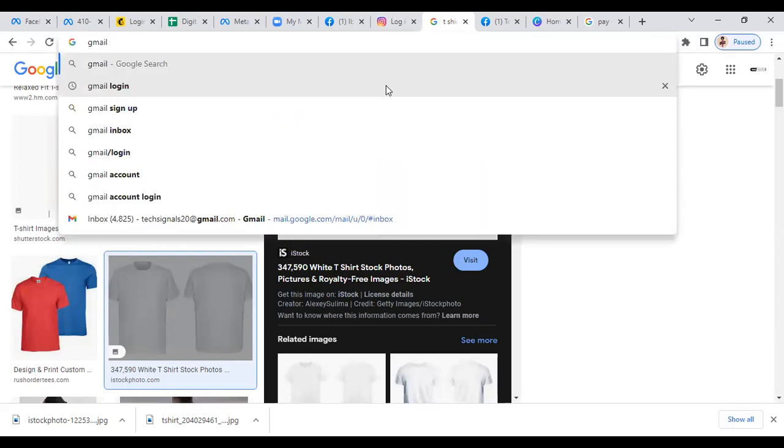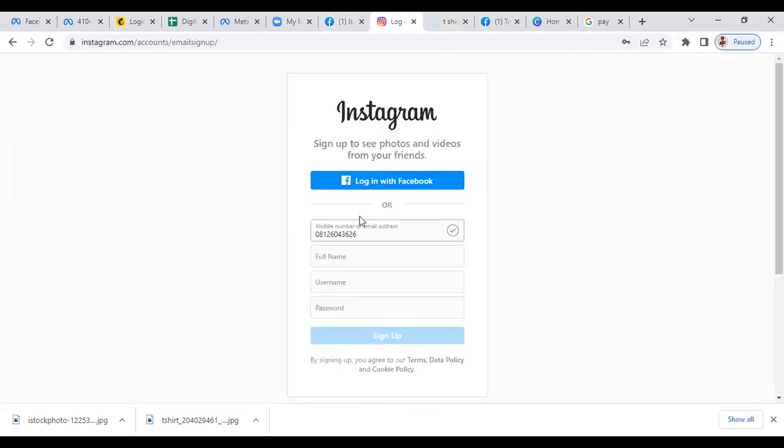Use a Gmail to create your Instagram account. I'm actually saying this from experience because most of us might have used this contact or the phone number for one profile before, or one account before. Do you get? And aside from that, at times if you are trying to create a new Instagram account,